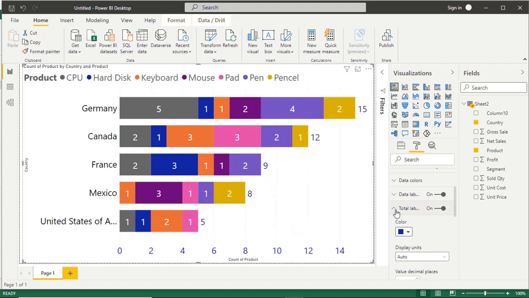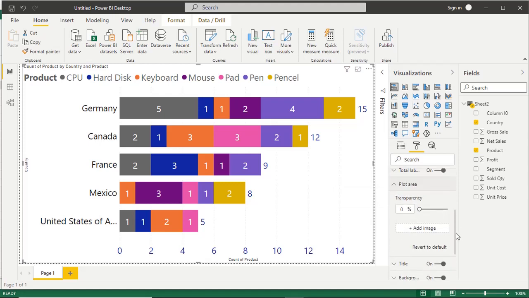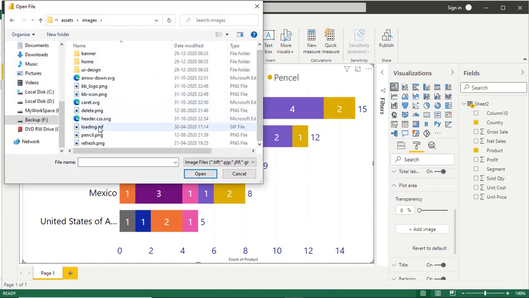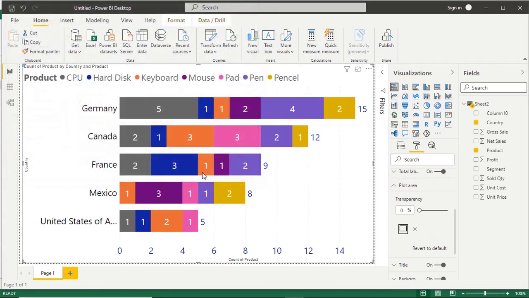Okay. Next is the plot area. Using this feature, you can place an image or picture in the background of this chart. Say add image. You can change the transparency of this image, 75%.